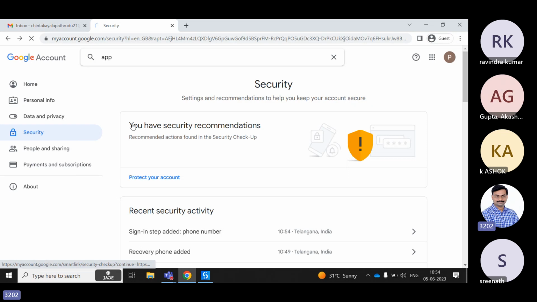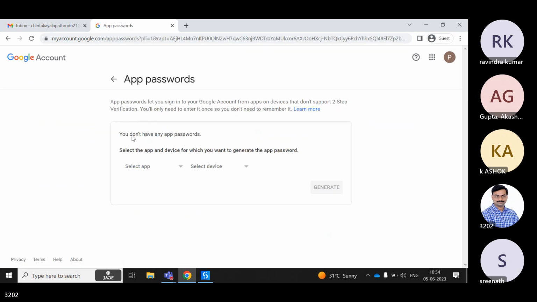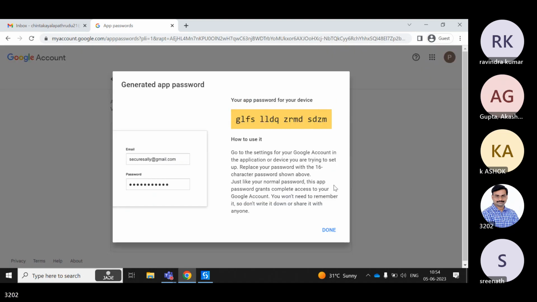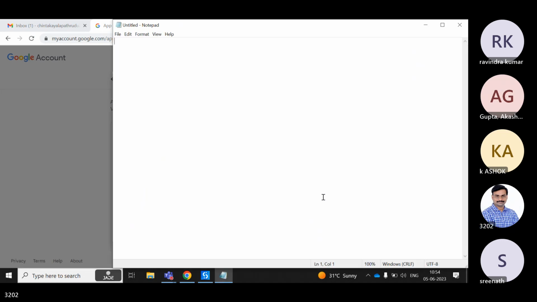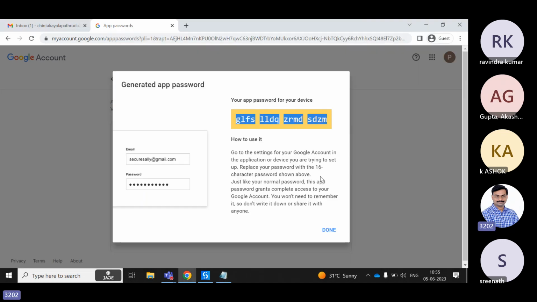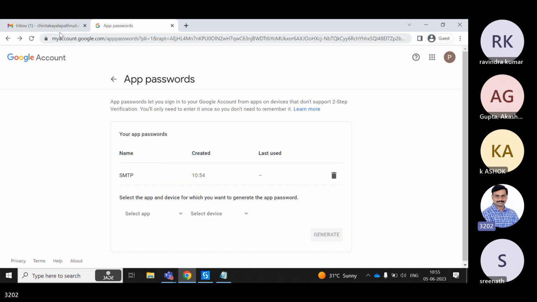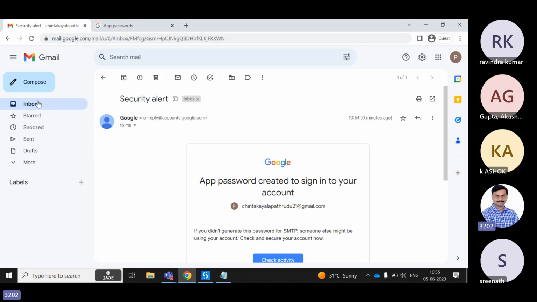We'll go to the app passwords, mail, other, SMTP, generate. We need to copy this and keep it with us for further use. Okay, and let us click on done. And now we can start with our